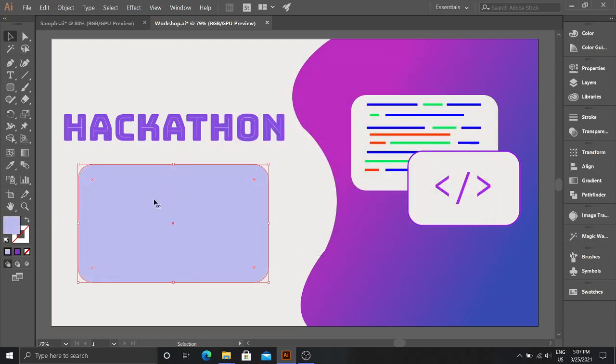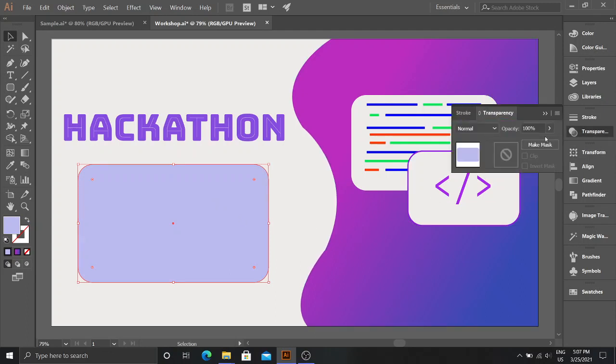Now you can type in any information that you want, like date, time, venue. One thing we can also do is lower the opacity of this. Go to transparency, make the opacity 58% or any value that you want.